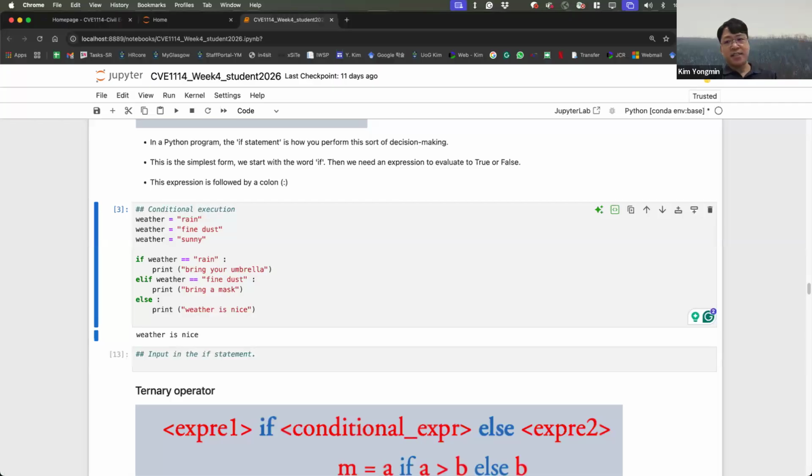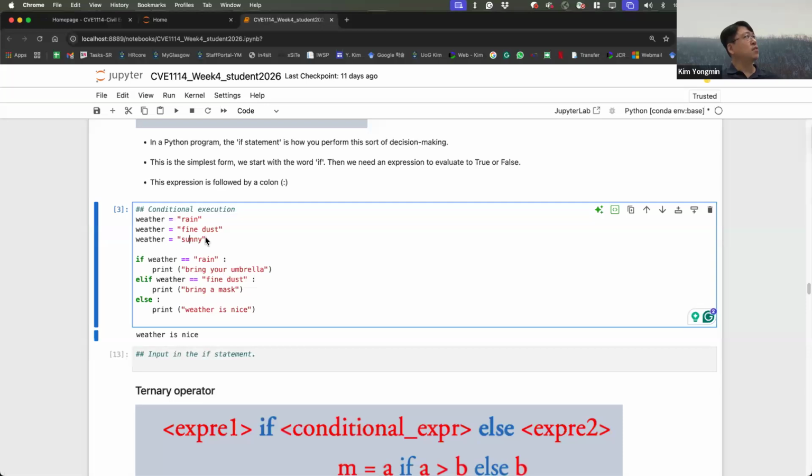Why is "the weather is nice" printed out? Because weather is our variable, right? I assign rain, and then I use the same variable name and assign finders. I use the same variable name and then finally I assign sunny.